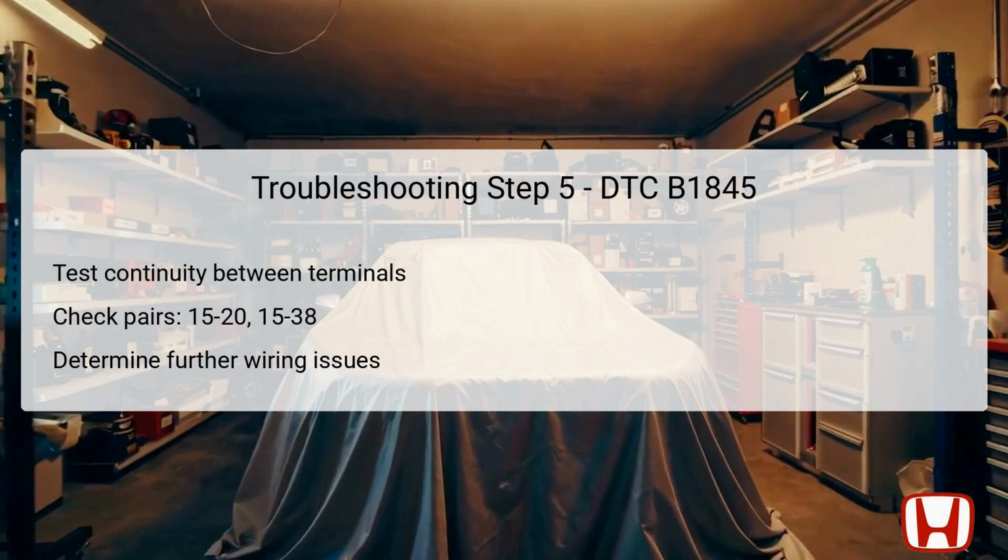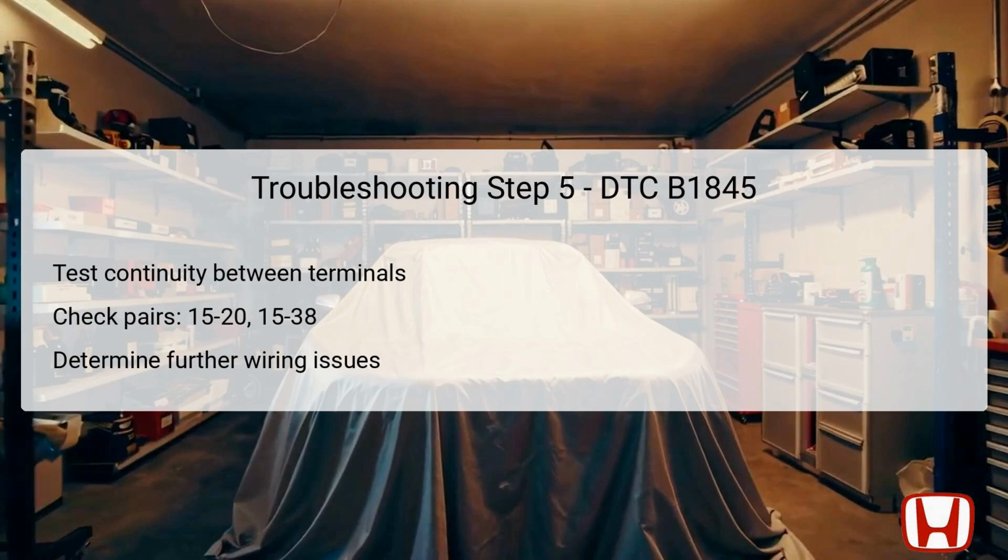The fifth step in troubleshooting requires verifying the continuity between specified terminals of the power seat control unit connector B, 40P. The pairs of terminals that need to be checked are terminals number 15 and number 20, number 15 and number 38, and finally, number 20 and number 38. Establishing continuity between these terminals is necessary to ensure that the internal wiring and connections to the power seat control